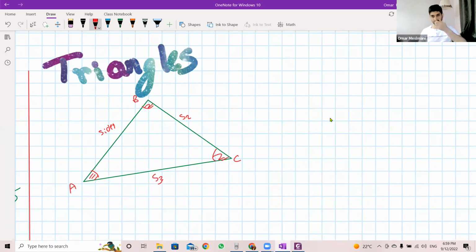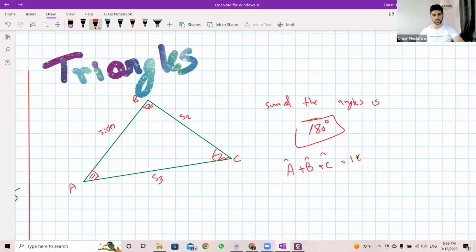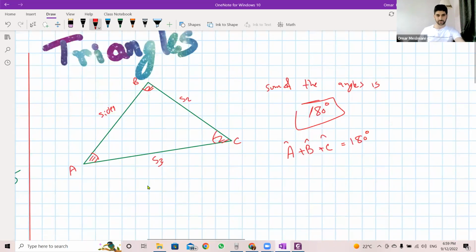The most important rule in this triangle is the sum of the angles. The sum of the angles is 180 degrees. I guess you know this information, but if you don't, you should know it, because angle A plus angle B plus angle C is 180 degrees. This is so important about triangles. That's first. Second,